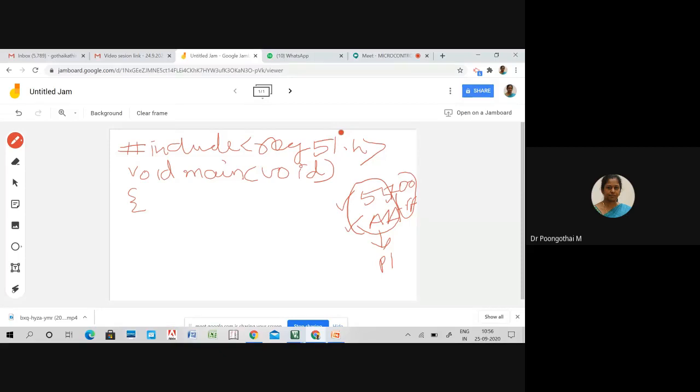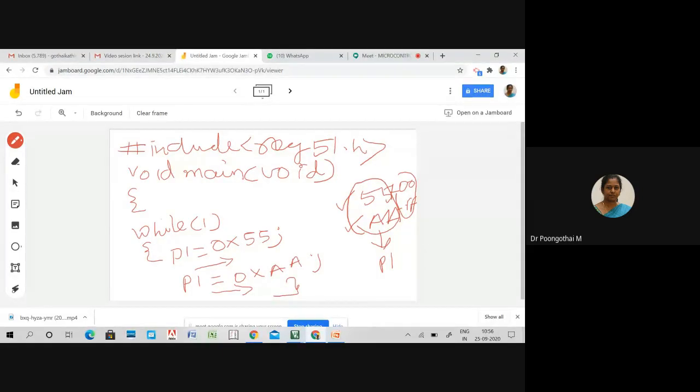So here include a while loop. While(1), open. P1 is equal to 0x55. This is the syntax to be followed for assigning 8-bit data to a particular port. P1 is equal to 0x55. Here you have to generate some amount of delay. After that, P1 is equal to 0xAA. After that, generate some amount of delay, close.